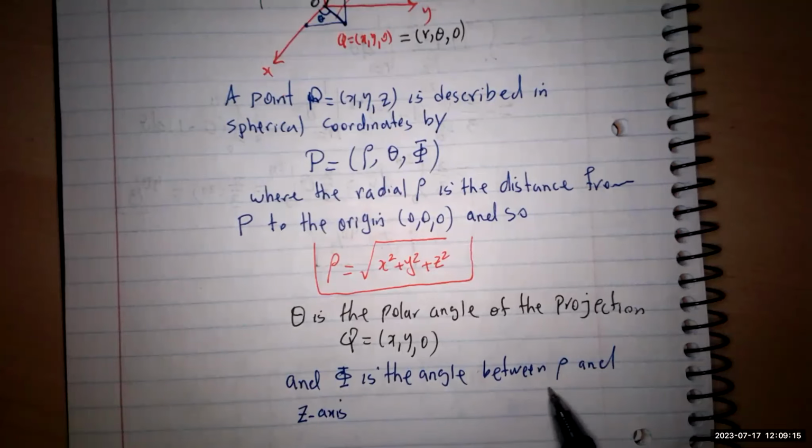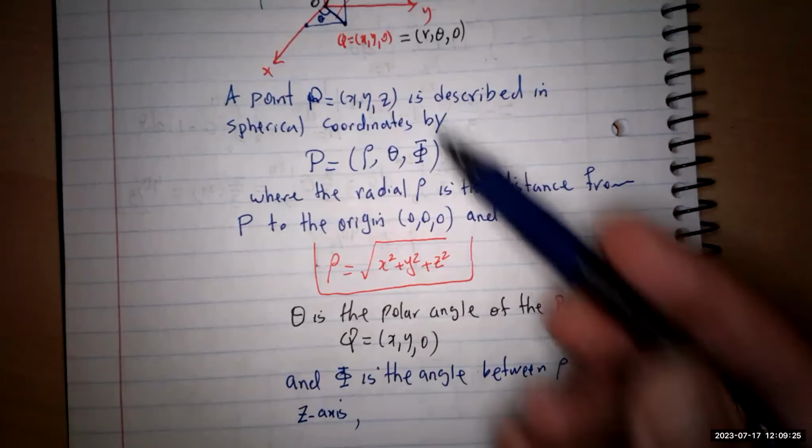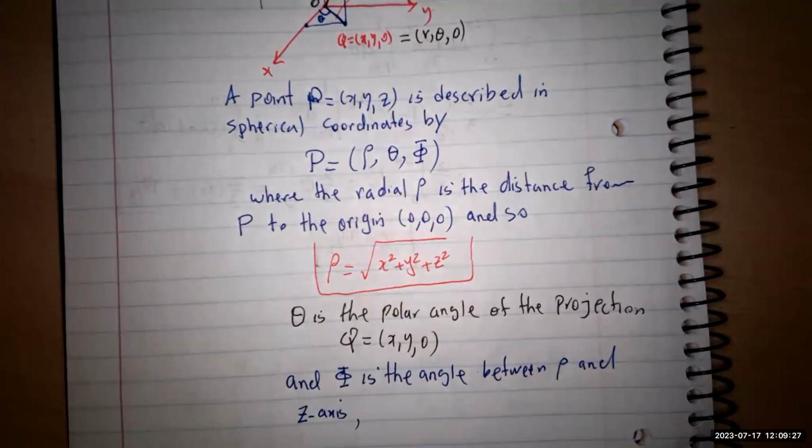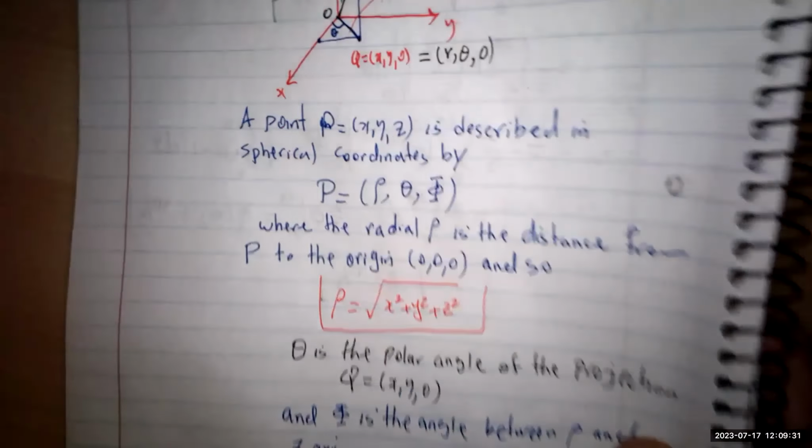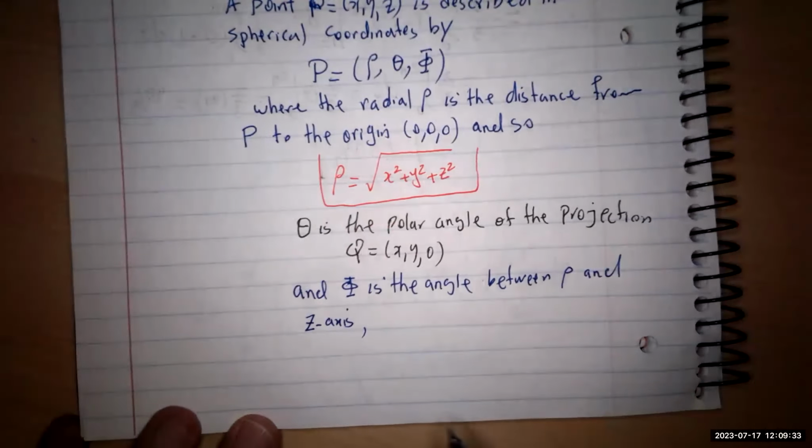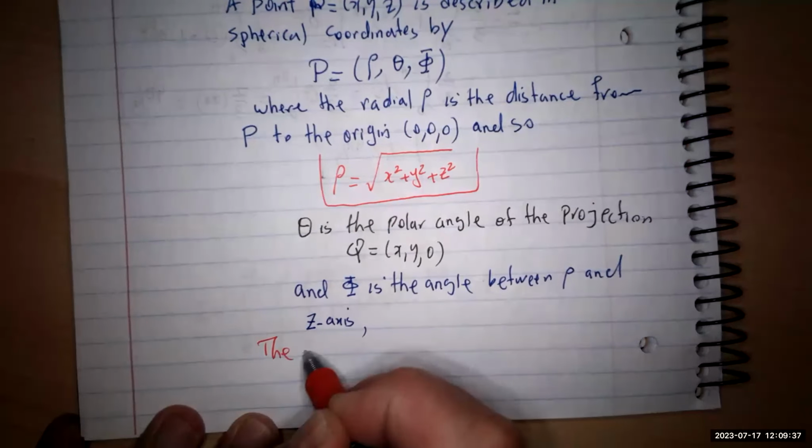Okay, you know that this is going to be the z-axis, and we already introduced the rho over there. Now, this angle, just for your information, they call it the declination angle. So sometimes they refer to it that way. I just introduced this one, the angle